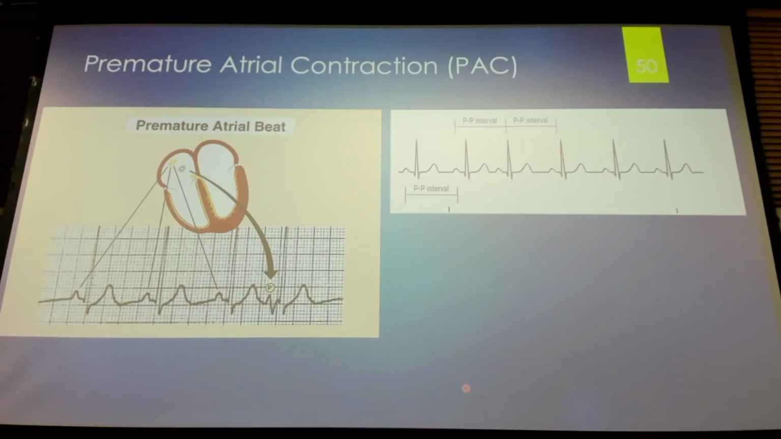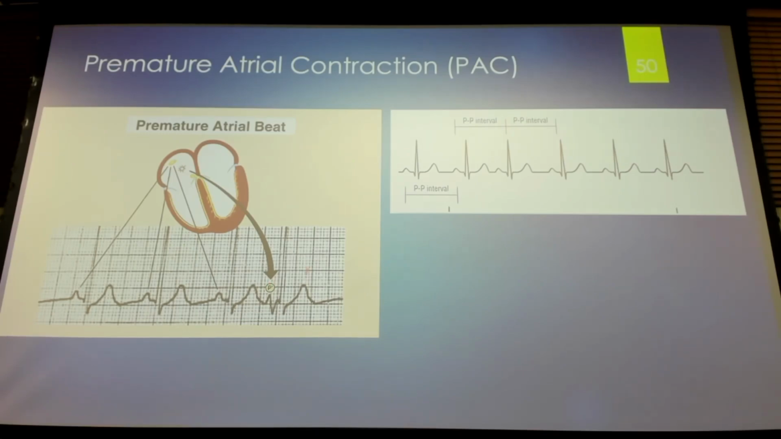So the SA node fires, we look like we have a normal PQRST, PQRST, PQRST, and then that foci in the atria, for some reason, is going to fire as well. It did not get the impulse, okay, so it's going to fire because it's irritable. And the reason is, if you remember, why is the SA node the primary pacemaker? Because it's most permeable to sodium. Okay, for some reason, this foci has become more permeable for 1 beat,